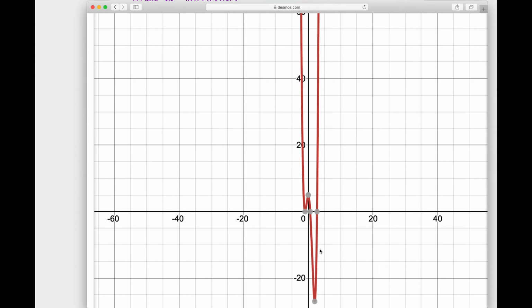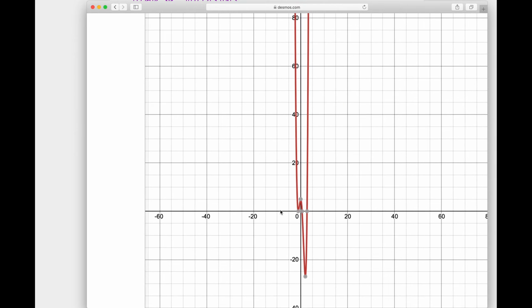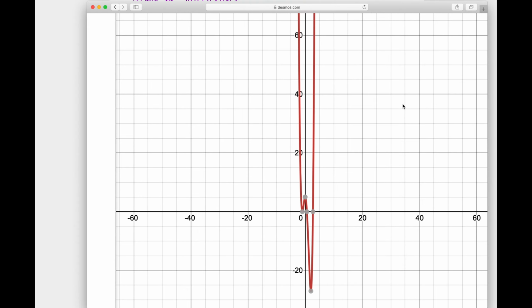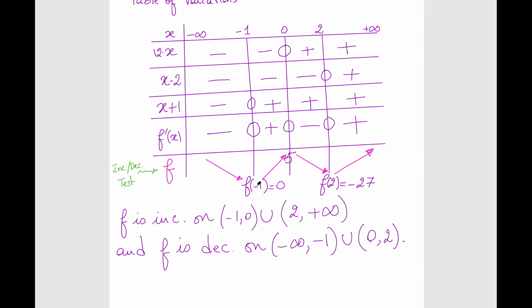Okay, and the function increases back. So the function increases back after that number, and it was decreasing initially and then starts picking up again after 0, right? So all this information that you see on this picture we've already discovered before, right? In this table. All right, so